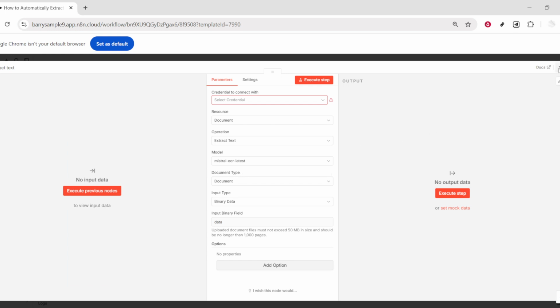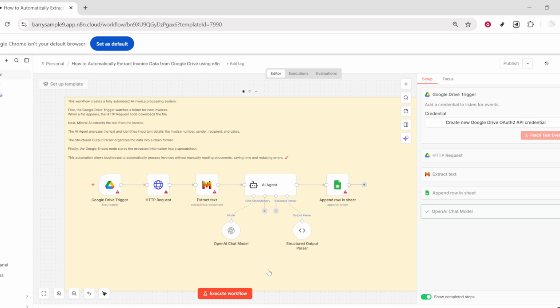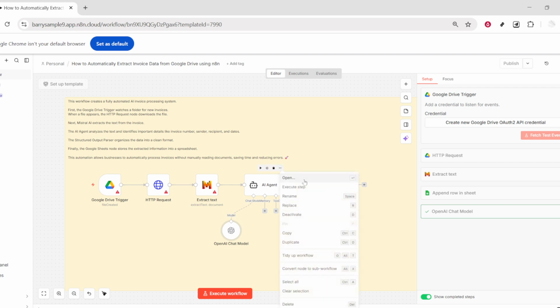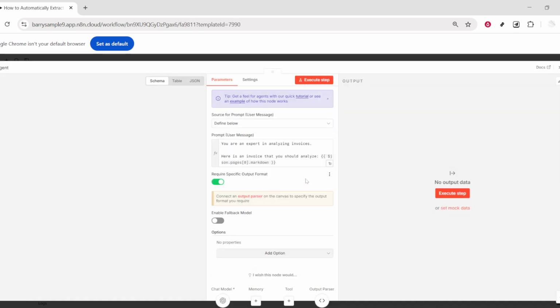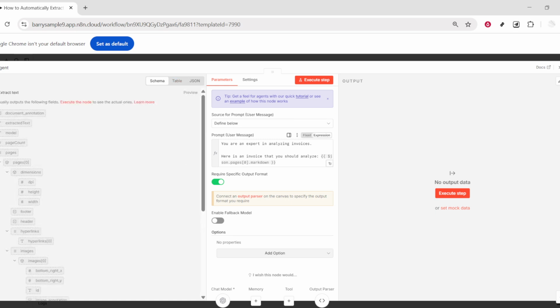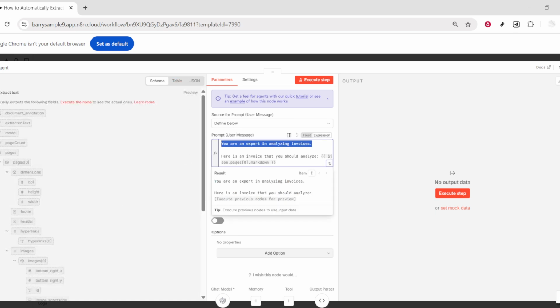Then, add an AI agent node and rename it to Analyze Invoice. In the prompt, give clear instructions. For example, you are an expert in analyzing invoices. Here is an invoice that you should analyze: JSON.pages.markdown. This guides the agent to focus on what matters. The goal is to extract the invoice number, sender and recipient addresses, invoice date, due date, and a short description